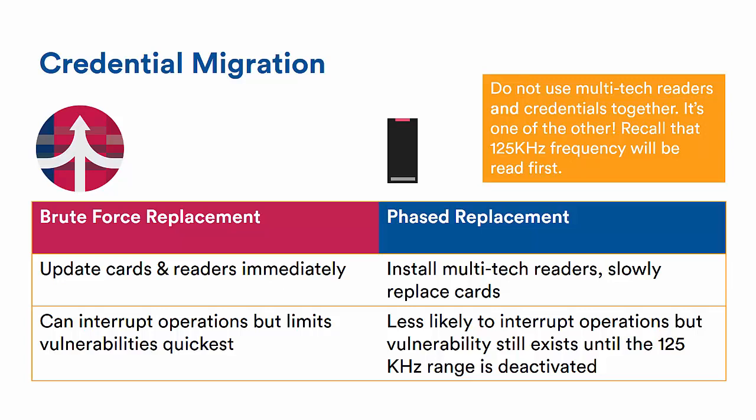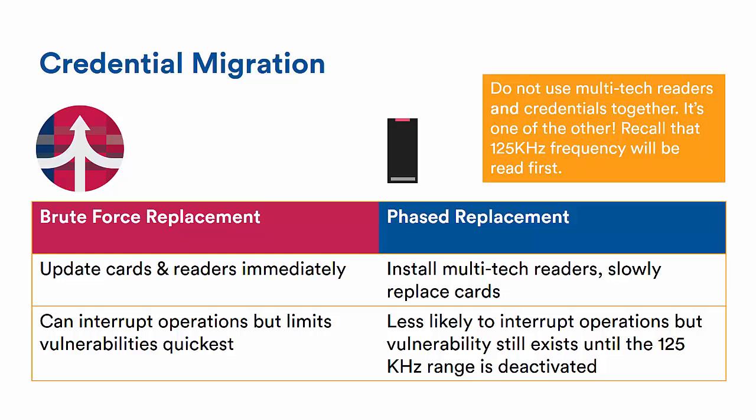Now recall that the 125 kilohertz frequency will be read first because of the longer read range. So if a multi-tech card is presented to a multi-tech reader, the reader will always pick up the 125 kilohertz frequency before the 13.56 megahertz frequency. Multi-tech cards and readers are generally more expensive than standard cards and readers, so price may be a factor in